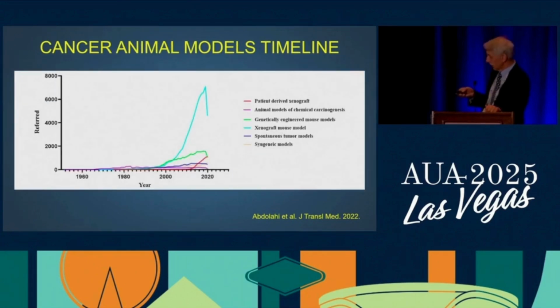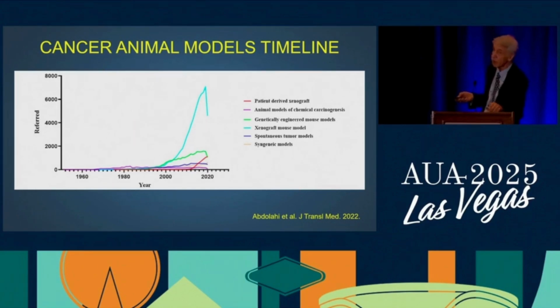So by knowing this, like 2016, that there's a different change, you can see the number of peer-reviewed publications when it came to the xenograft model and the genetically engineered models. And around this time, once it changed in 2016, the number of publications when it came to animal models, patient-derived xenografts took off.